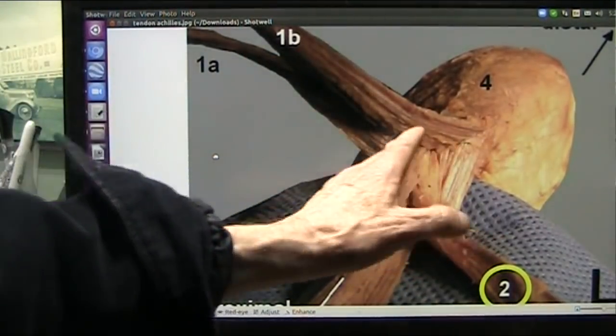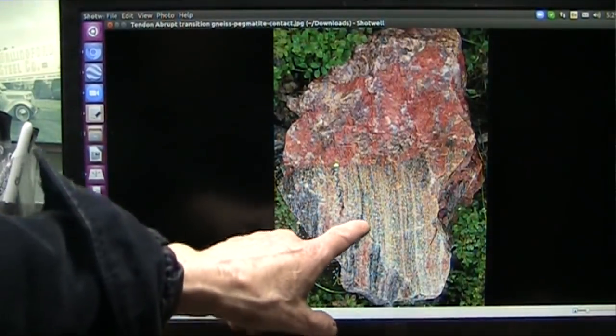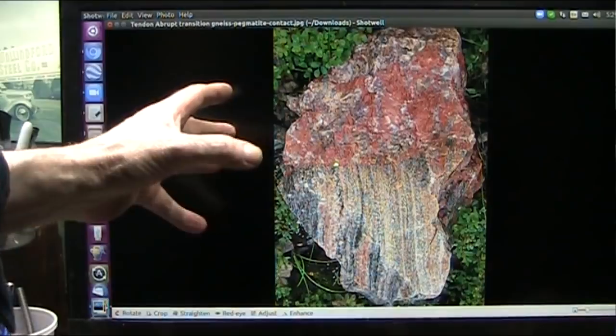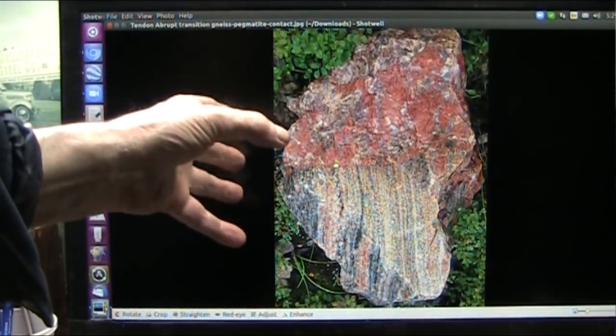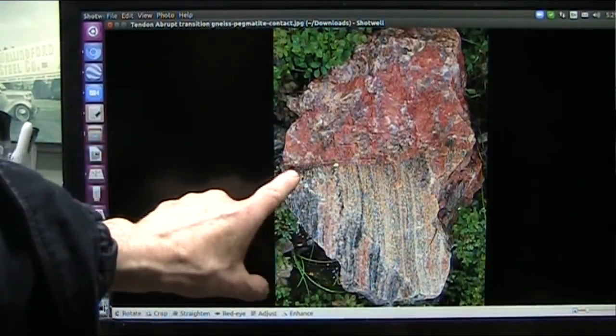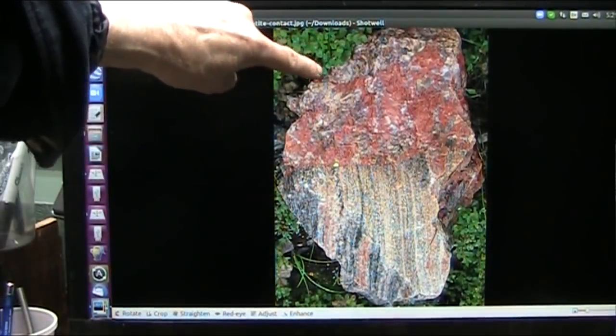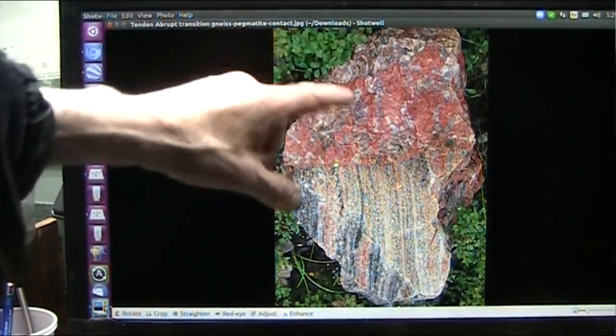But there are those abrupt transitions. I believe I showed you that. You see that? That's another abrupt transition. Now, this just happened to be something they call Nisus pegmatite. But that's that tendon locked into the glue, and then it starts into the muscle fibers that run up